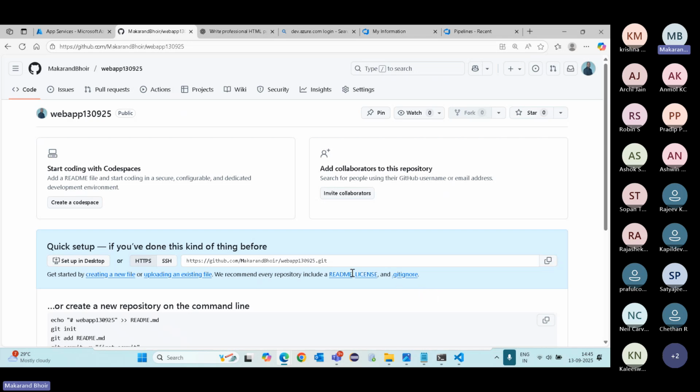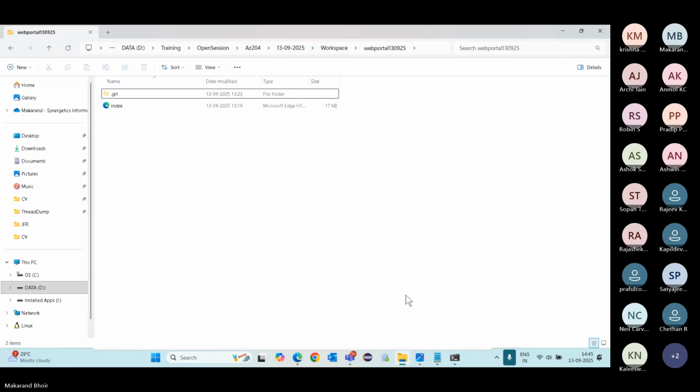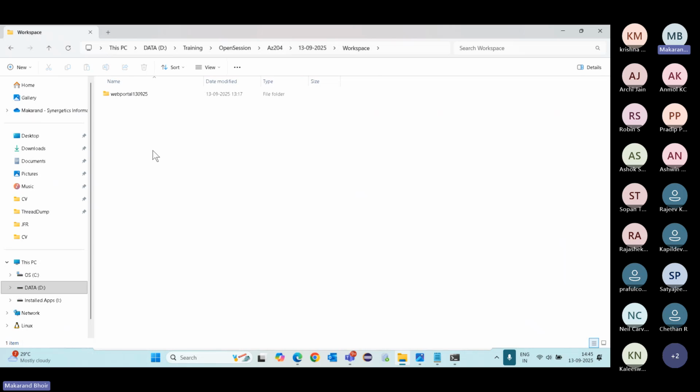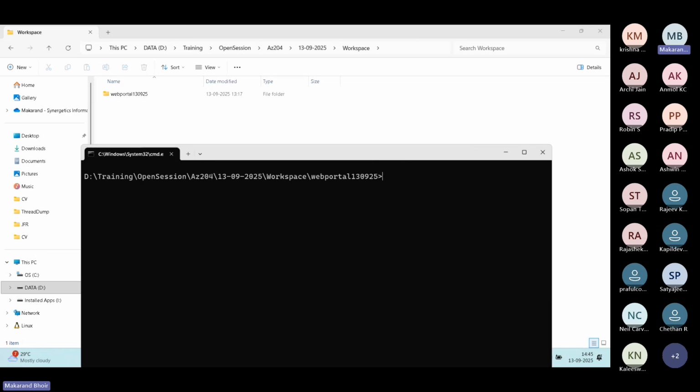So once you create a repository, whatever the code of that repository is, you will store it over here. So how do I want to do it? I'll do one thing. I'll just go and create a new project over here. And how will I create a project? So let me go and create